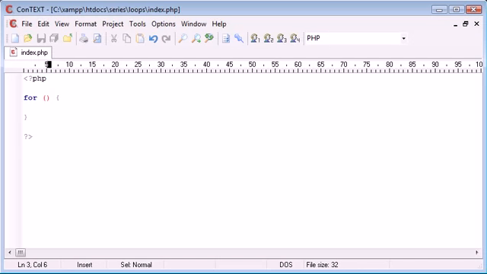So we use three different expressions to control the loop how we want, and we can also increment a value within this as well. So in here all we need to do is echo something out, either a variable or some plain text, or continue an operation, however your program is eventually going to work, and everything can be controlled within here. So for now I'm going to create a variable called count, and that's going to be equal to,